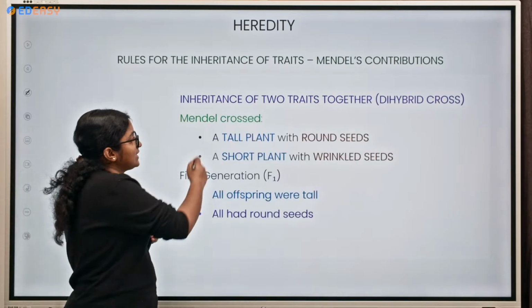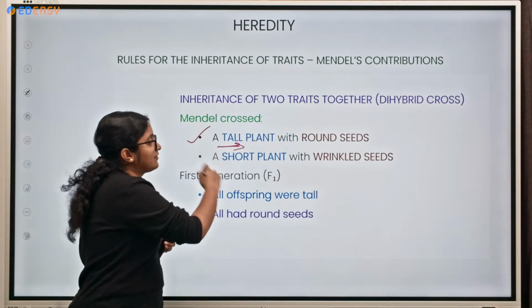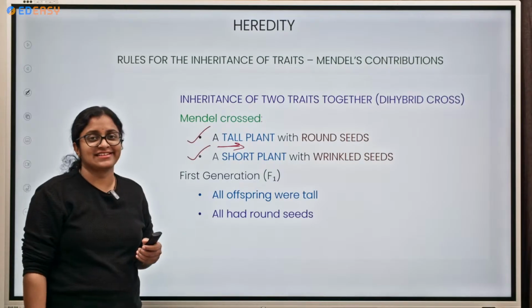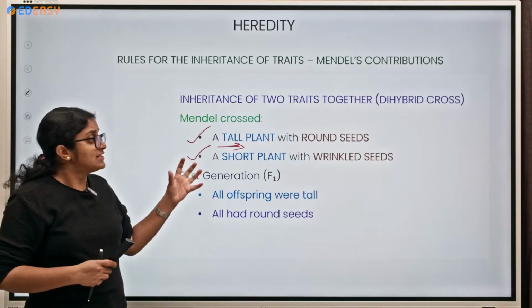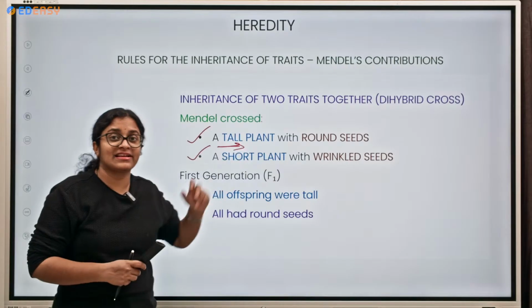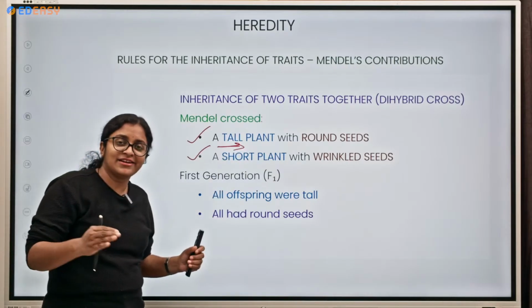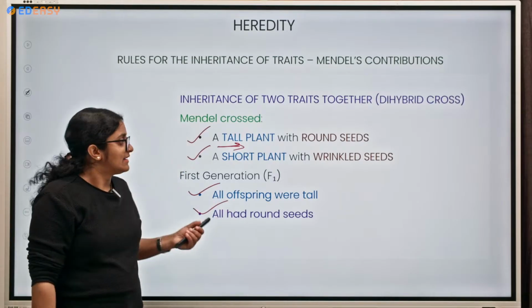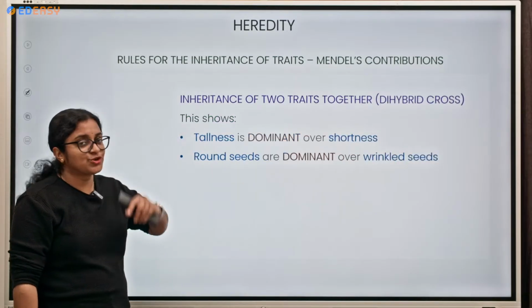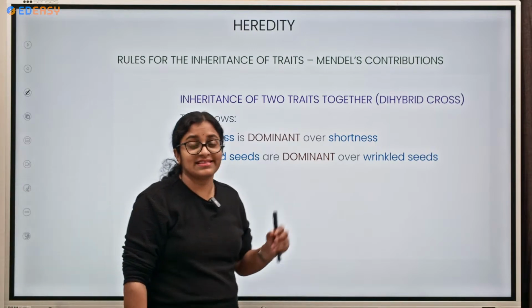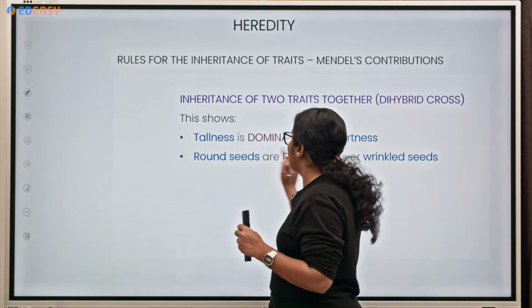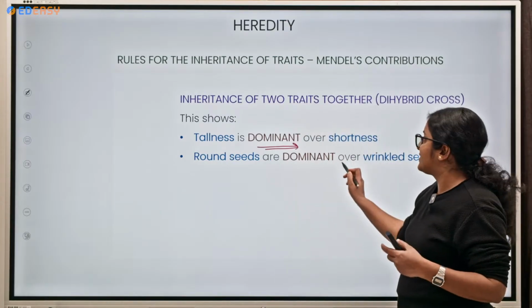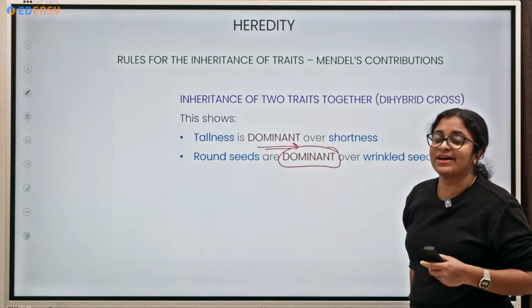So what happens with respect to the dihybrid cross? Now we are taking two characteristics, a tall plant with round seeds and followed by a short plant with wrinkled seeds. Okay, so first filial generation, how it will be there? All the offsprings will be tall and all the offsprings will also have the round seeds. Now, what is this showing? This shows in the dihybrid cross, the tallness is the dominant character over whom? Over the shortness,